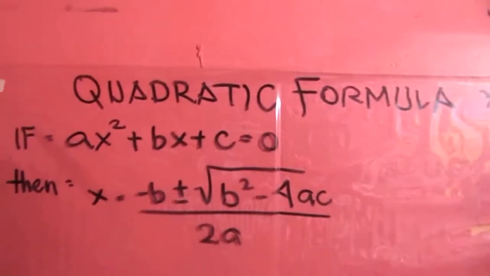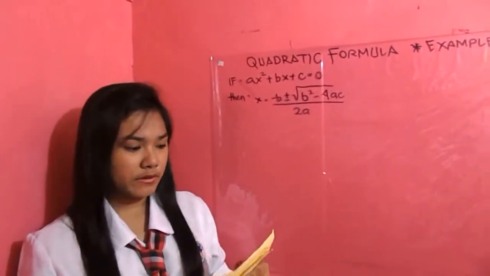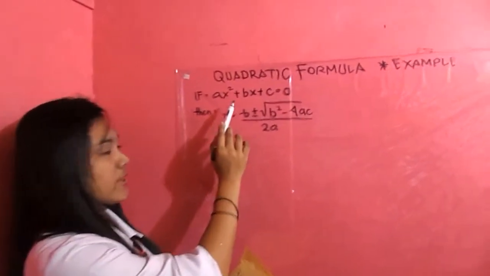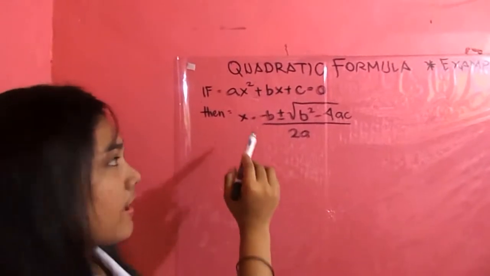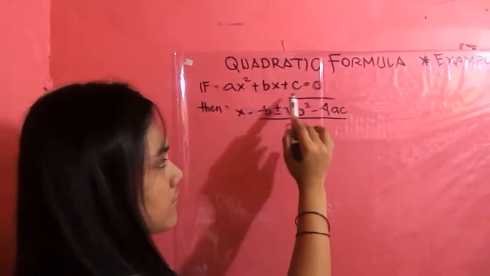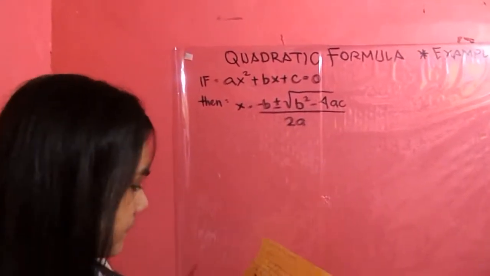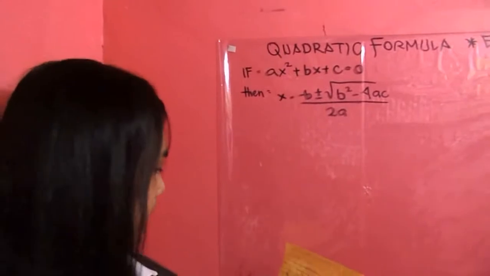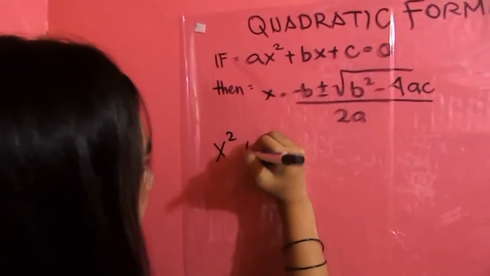Quadratic formula example. If ax squared plus bx plus c equals 0, then x equals negative b, positive or negative square root of b squared minus 4ac over 2a. So here's the example: x squared plus 5x